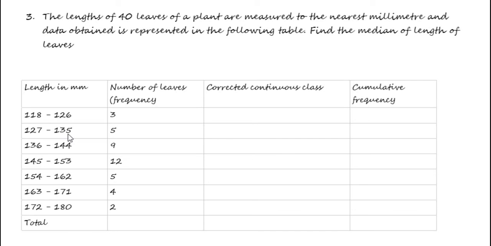So what we need to do is subtract the upper class limit from the next lower class limit, that is 127 minus 126, that is 1, then divide by 2, that is 0.5. That 0.5 subtract from the lower class limit and add to the upper class limit. So the corrected continuous class comes like this: